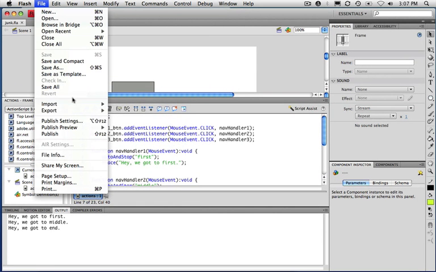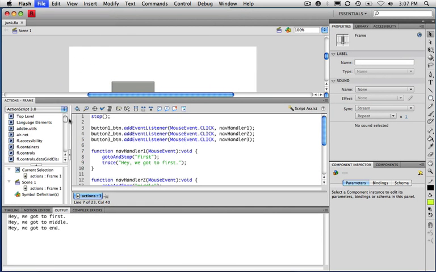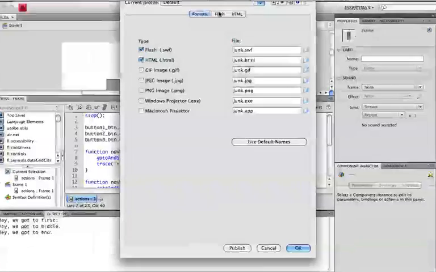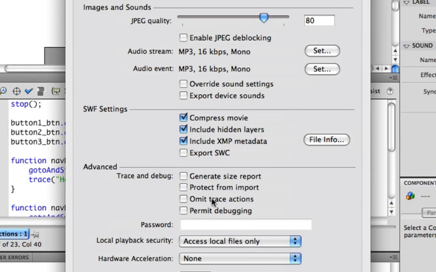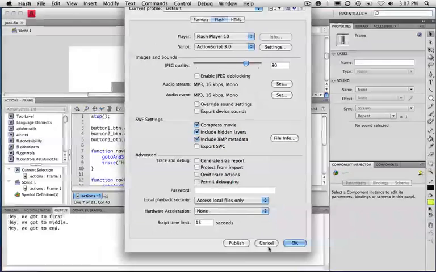Check this out. If you publish your movie, if we go into Publish Settings, and go under Flash, there's a little button here, Omit Trace Actions. And by clicking this button, even if you've got 5 million trace actions in your code, it'll turn them all off so that the end user wouldn't see any output. And typically you want to have that checked. I don't know why this isn't checked by default, but that's what this means. Okay,